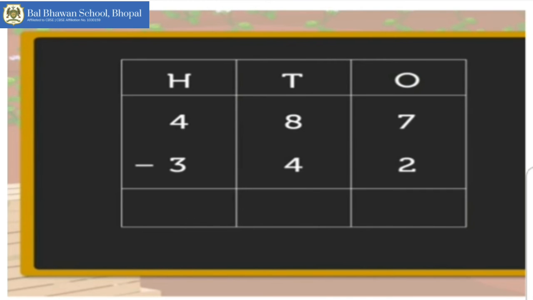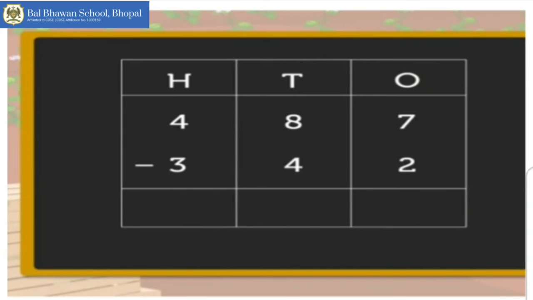Now here ma'am has written it in vertical form. It is written in vertical form with place values. So 487 is the bigger number, the first rule of subtraction. So it is written on the top. And then we'll start subtraction from our ones place.